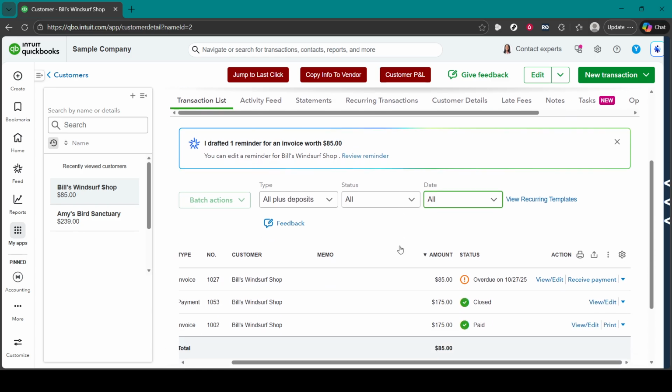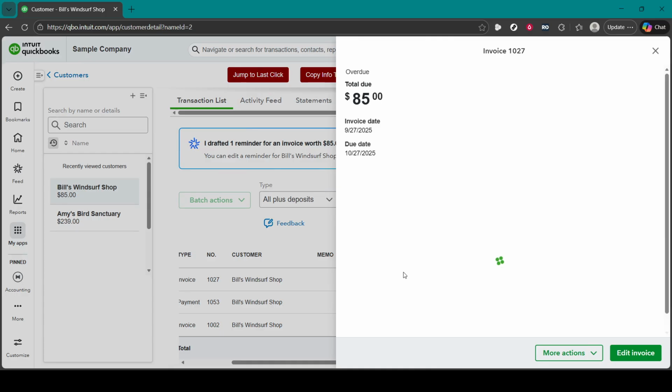If you need to inspect something more closely, click on any transaction to open it. From there, you can review line items, check the payment method, look at notes, or verify taxes. If a customer is questioning a charge or a payment, this is the quickest way to pull up the details